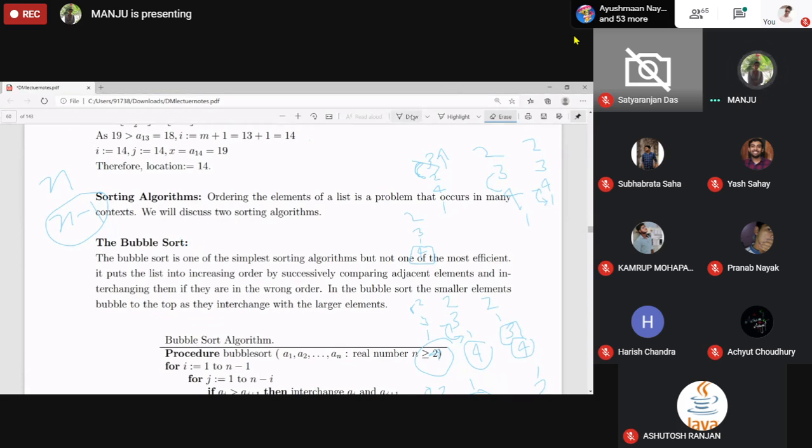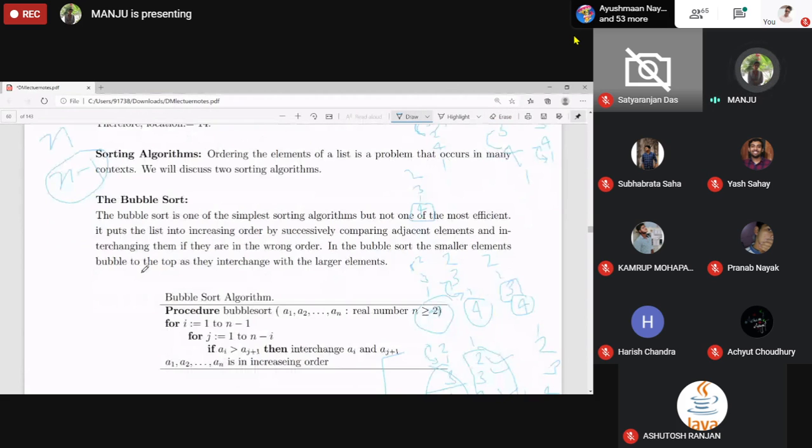Next, this is the syntax for this one. I runs from 1 to n minus 1. J runs from 1 to n minus I. If AJ is greater than AJ plus 1, that is, it compares the first 2, then the next 2, then the next 2. If it is greater, then interchange. Otherwise, it will remain the same.